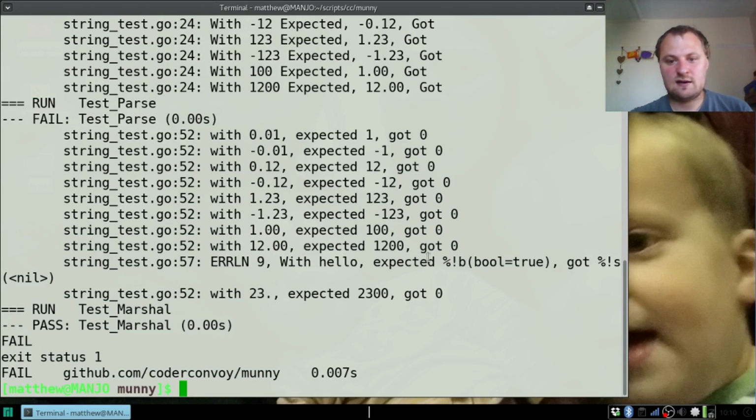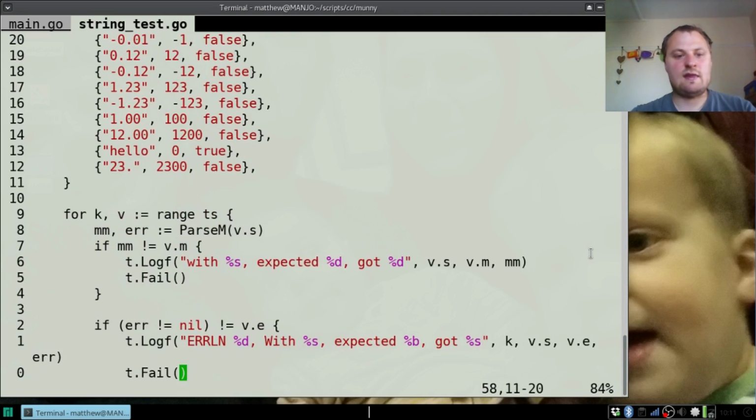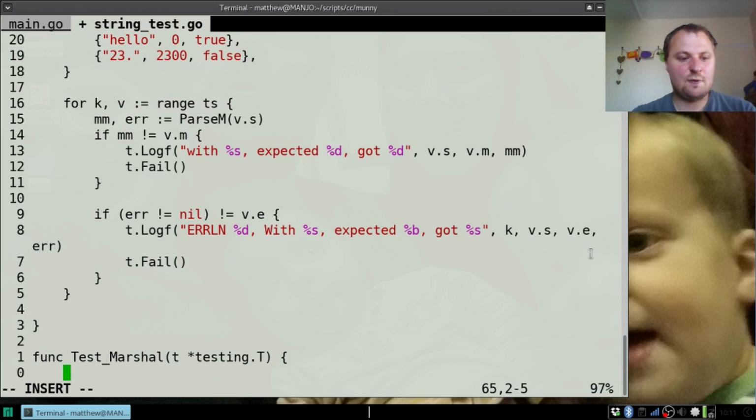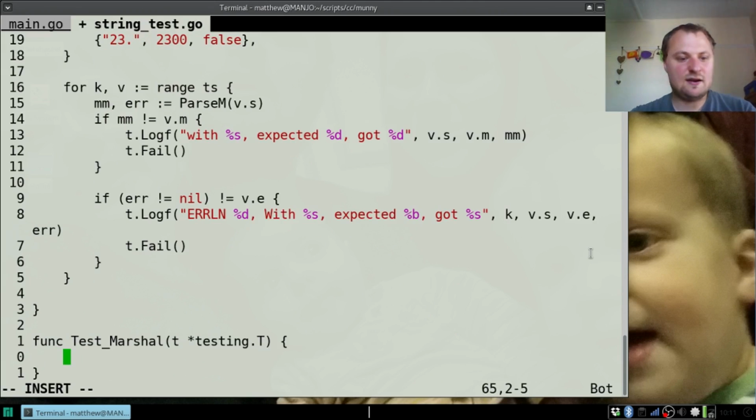So here we expected an error, but we got 0. Yeah, those are the numbers. It's funny, there's only one case and it seems the wrong way around. That one should have an error, expected true, but I got no. Oh yeah, that's right, because it's just returning no error right now. So yeah, that's complaining. It seems to be complaining in the correct places for unworking code. So I'm going to leave that one, and the last test is the test of marshalling,